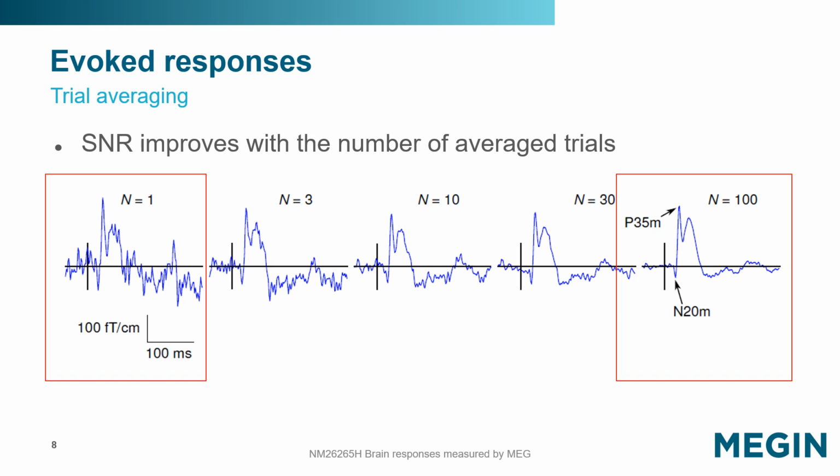Several factors are at work here. The response amplitude often decreases with frequent presentations of the same stimulus, but also the biological noise may increase with a prolonged measurement because of subject fatigue, like frequent eye blinks, muscle artifacts due to neck tension, or movements. Together, this means that the SNR improvement in practice is somewhat worse than predicted by the square root of N formula.